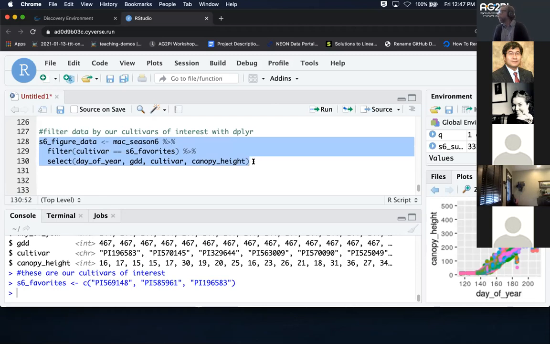So Mandeep asks, what would be the difference of using pipe versus not using pipe in this code? So if I eliminated all of the pipes, I can do that right now, and we'll just show you what happens. So if I select all of this, what's going to happen is R will just read this first line,